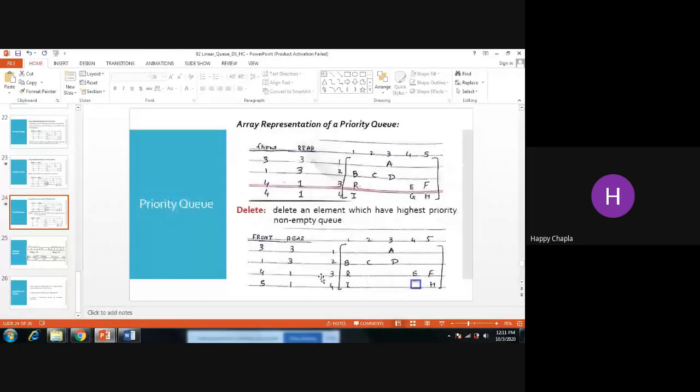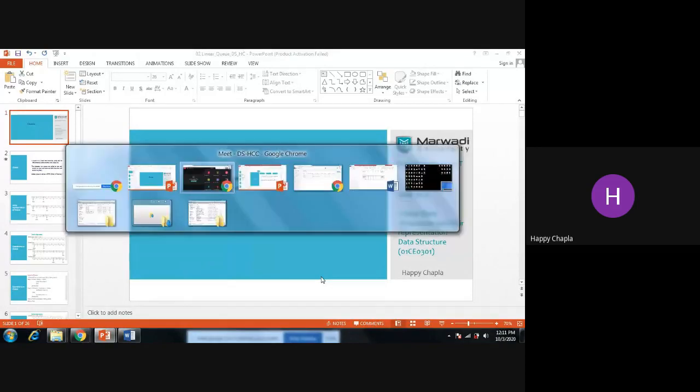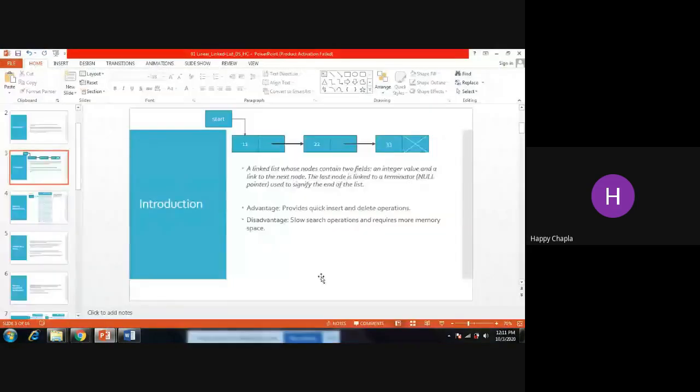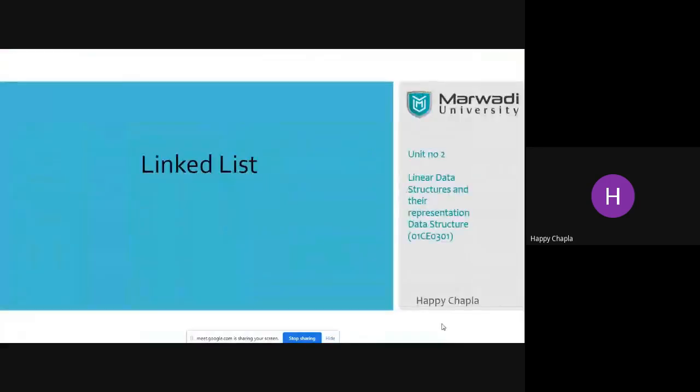So till now we have already discussed the array concept, stack concept, queue concept, and now we are coming towards the linked list. Now, for either a stack or a queue, we have two types of representation to implement or represent your stack as well as the queue.